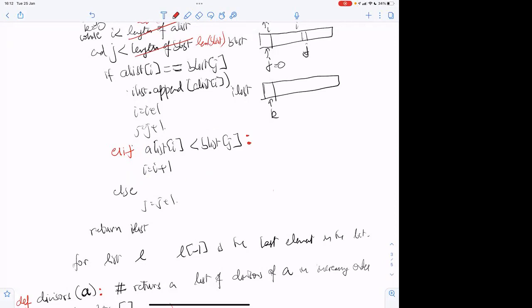Notice that I left this blank here, and this determines that this I equal to I plus 1 is in the scope of this elif.